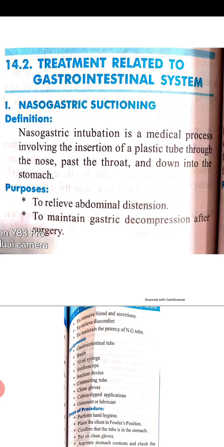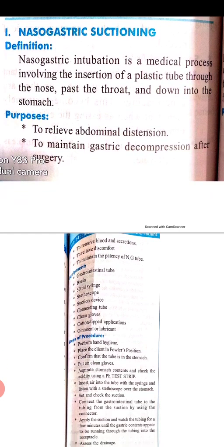To relieve abdominal distension due to the accumulation of more gases in the abdomen, to remove the gases, or to maintain gastric decompression after surgery. For that purpose, nasogastric suctioning is done. If there is any blood or secretion in the stomach, nasogastric suctioning is also done for that reason, and it will also be helpful